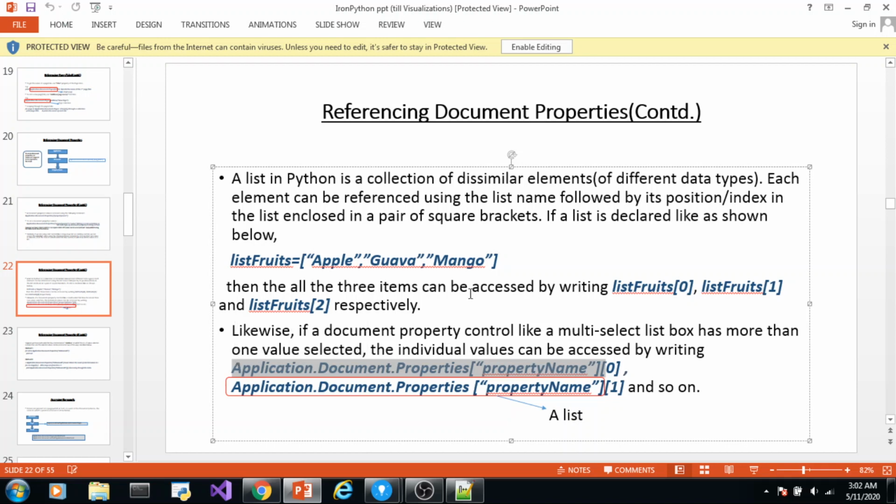And how do we access the first element of a list? Name of the list followed by the index 0. Second element, name of the list followed by the index 1. So this is the list of values in the multi-select list box control. Just like we are accessing the elements here, in the same fashion we access the elements in a multi-valued list box control, because it returns a list of values when multiple values are selected.